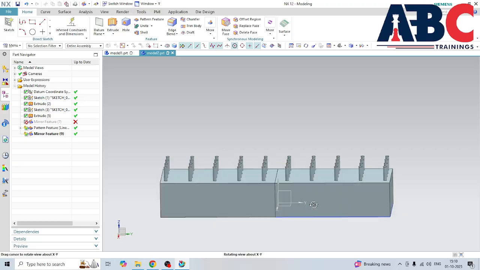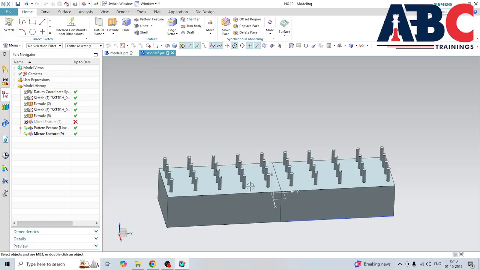See, this is how mirror about a plane. Okay, thank